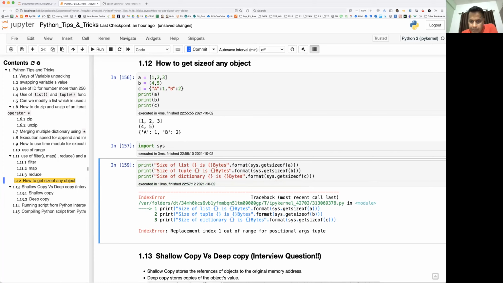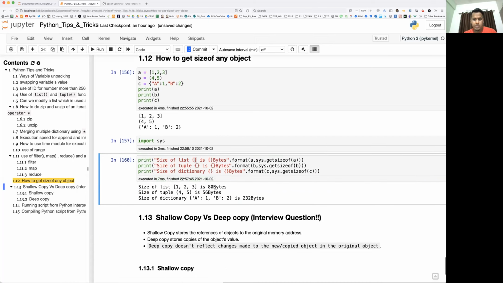See what is missing: replacement index 1 out of range. Oh, okay, I'm using two braces to be replaced, so we have to have two values here. So size of list A, then A, B, and C, because we are going to put the exact list, exact tuple, and exact dictionary, correct?